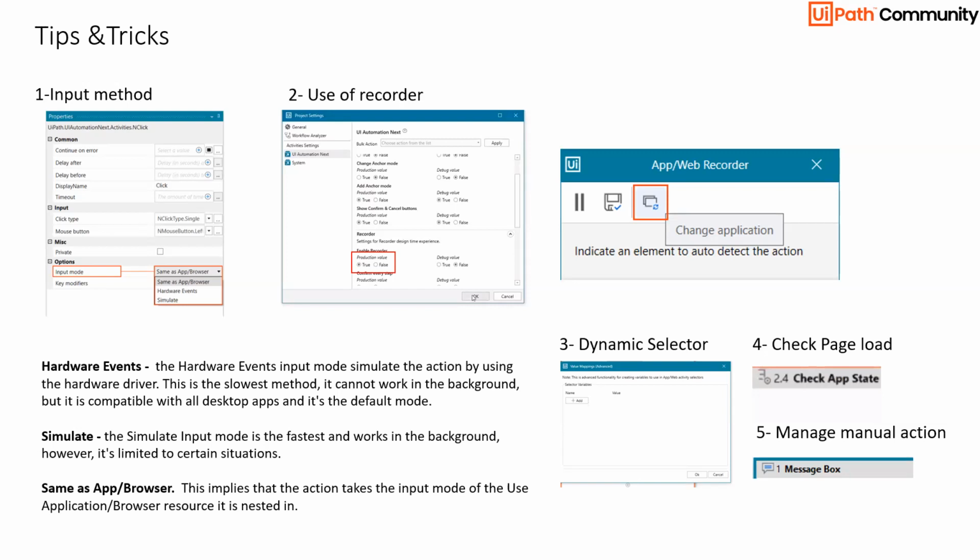And sometimes you may not be aware what activity is best fitting at this particular place. At that time, app recorder is the best to select, because it will do your work. It will identify which activity to choose. Maybe it will suggest which application is the best to go with for the application domain you selected. The last one is in terms of the dynamic selector.